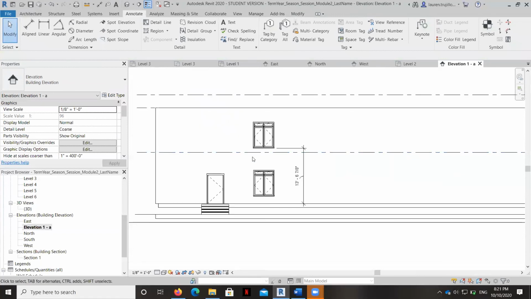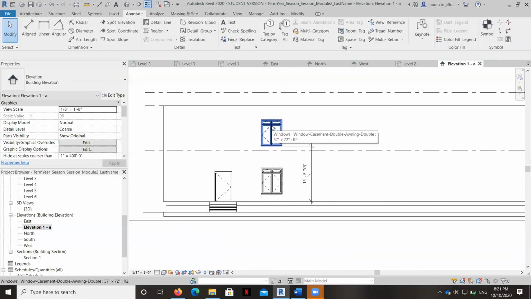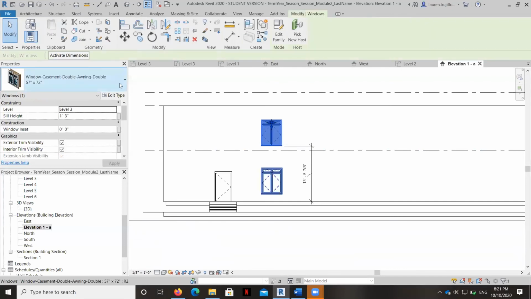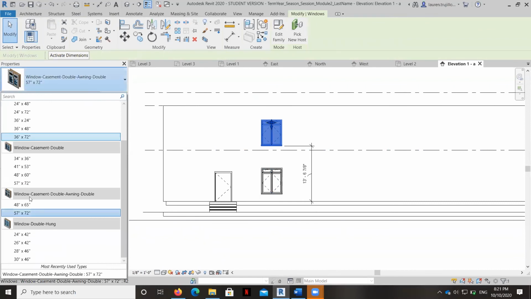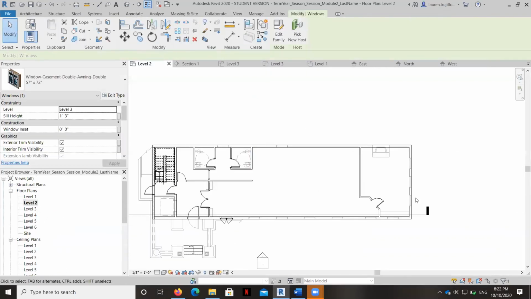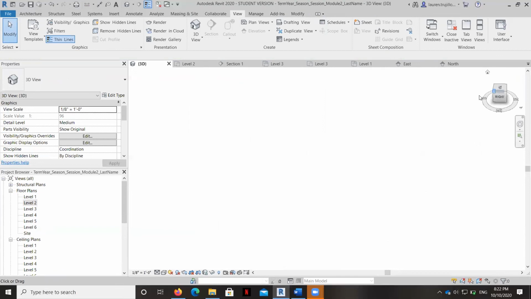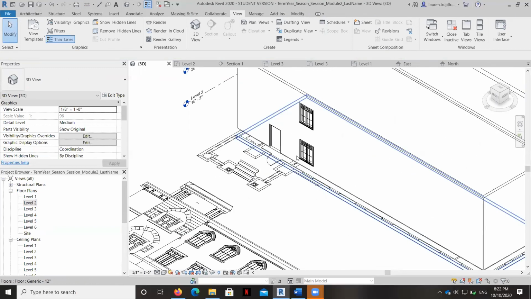Okay, so you can see that the windows themselves are aligned one on top of the other. And literally all we're going to have to do is once we build that windows, we'll just select them. And then instead of the drop down to pick one of these, we'll get to see the window that we created. So go ahead and place your windows. And it shouldn't be anything more complicated than that. Let's see. Nope, they ought to go in just fine. Perfect. And then if you want to see it when you're done, you can hit the 3D view. And you'll see them running along the side right there.